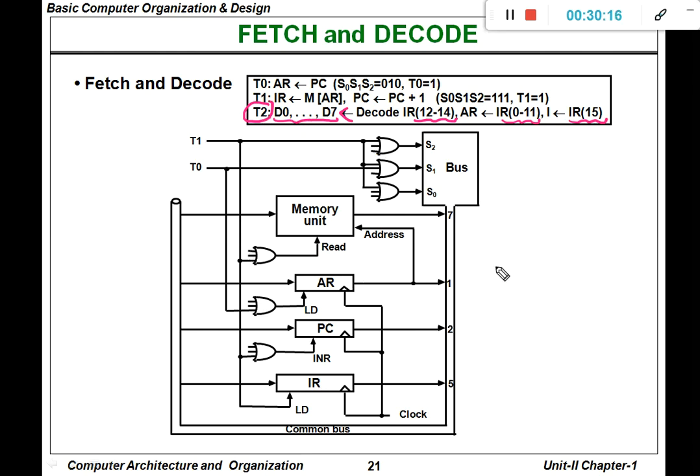In this particular diagram, we are not showing T2. We are showing the transactions for T0 as well as T1. During T0, the content of PC will be moved to AR. During T1, two operations are performed. What are those two operations? Increment the PC value. This is one operation. Another operation: